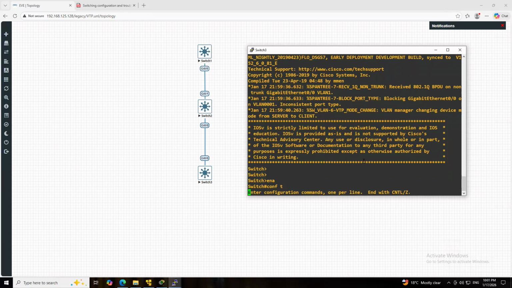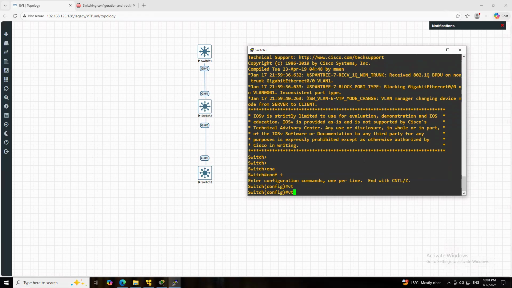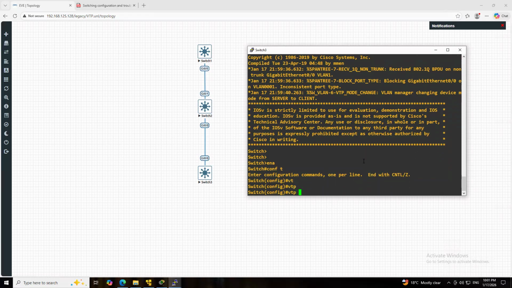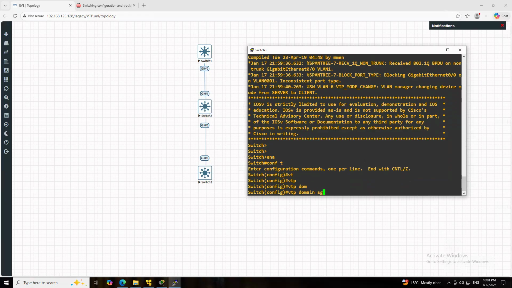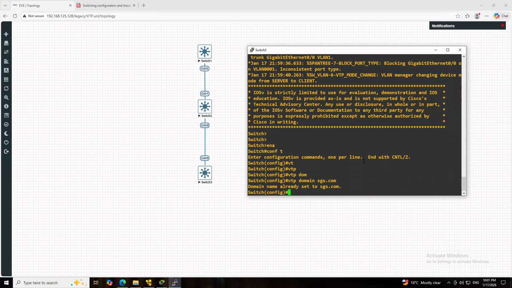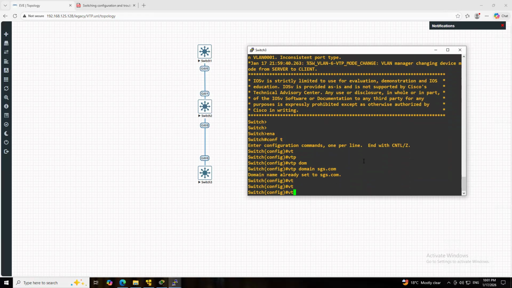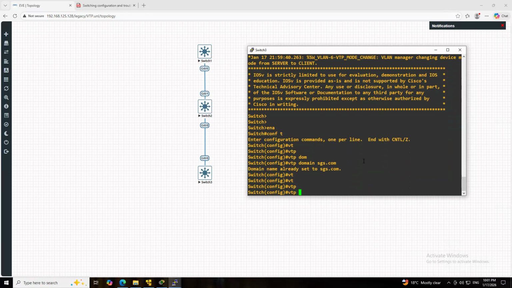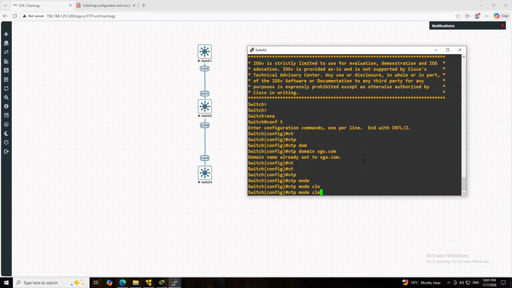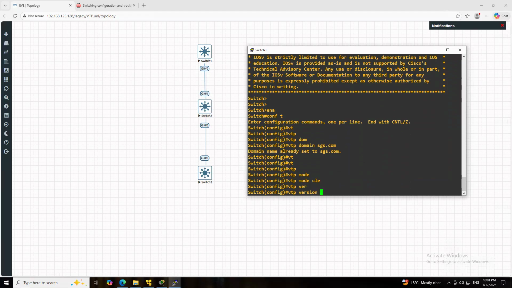Now it's come back. So let's set VTP domain sgs.com. First, VTP version 3.